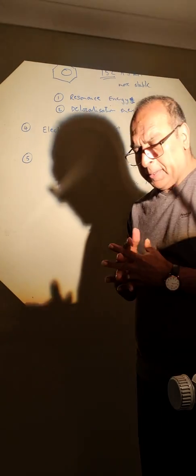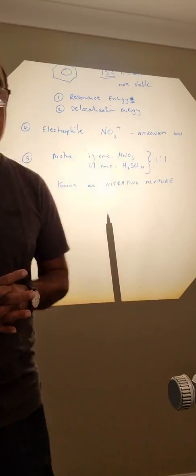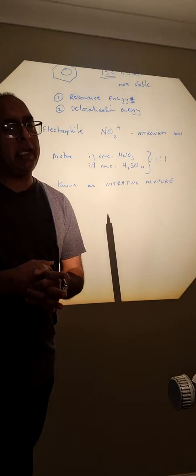It is known as, believe it or not, the nitrating mixture. Now this nitrating mixture is famous for making explosives. When you have this nitrating mixture, you should exercise caution, you keep it cold,